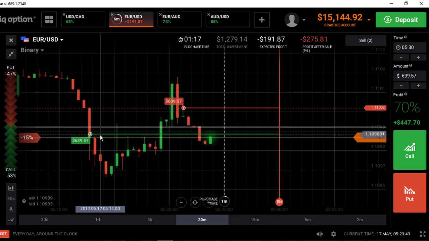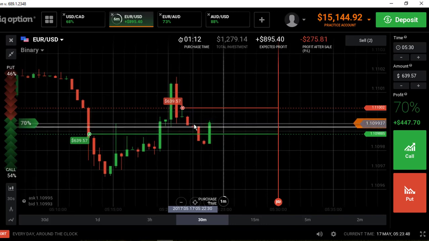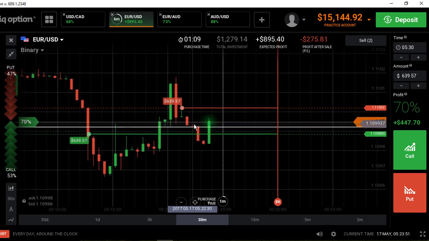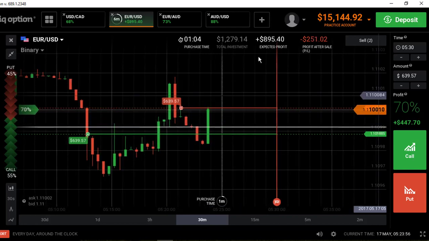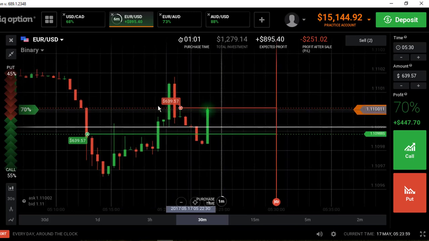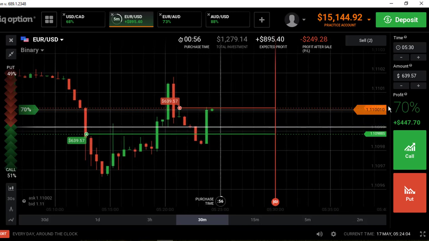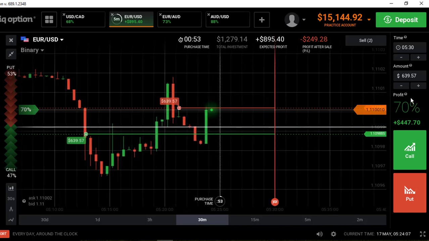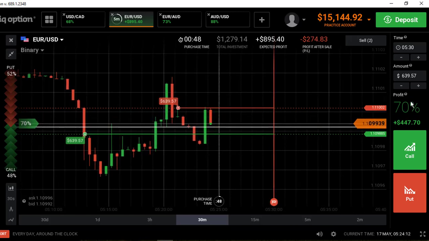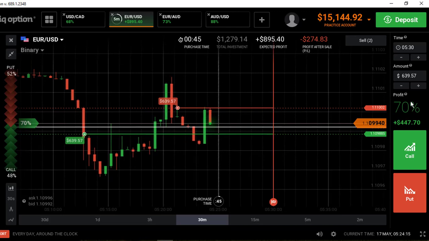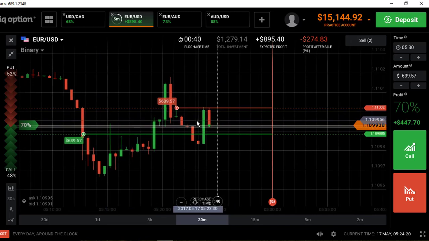maybe I will win the first, and doing this fence on a range that is much too narrow will just not permit me to win one trade correctly and will make me lose. But the good side of that is when you fence your trade, if you have the opportunity, because not all the time you have the opportunity to do so, if you lose, you will lose only 30% of one trade. It means you can lose 3 trades and the next trade will recover all your 3 losses, and even more, because fencing all the time you will win